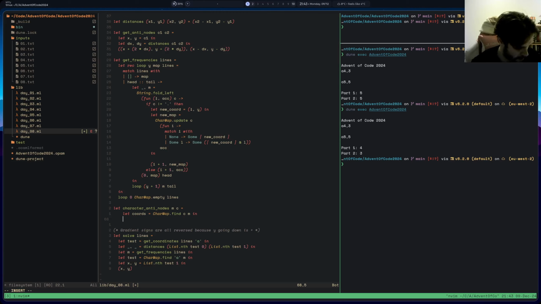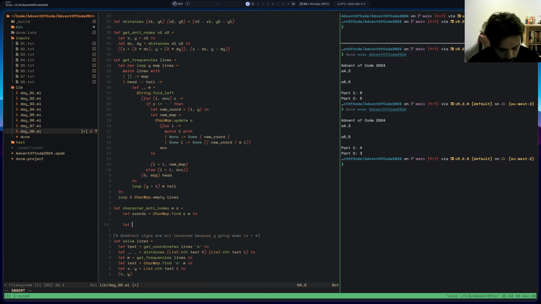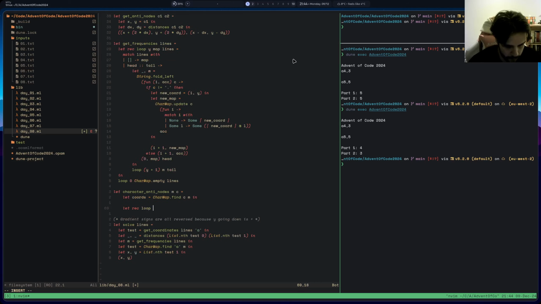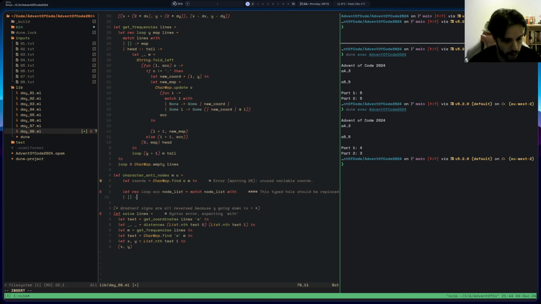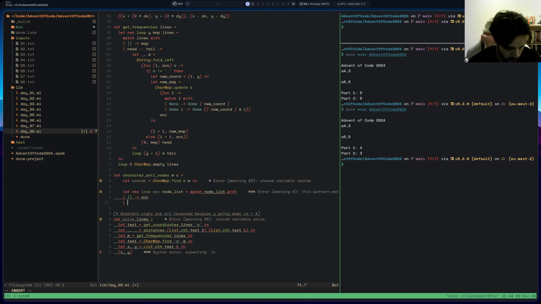The way we do that is let loop node_list and ACC equals match node_list with this, then we return ACC, else we go